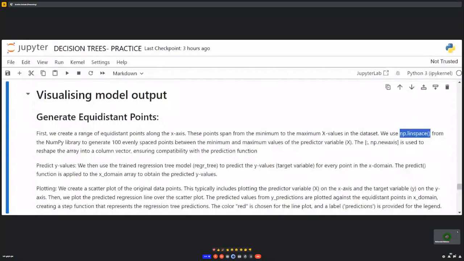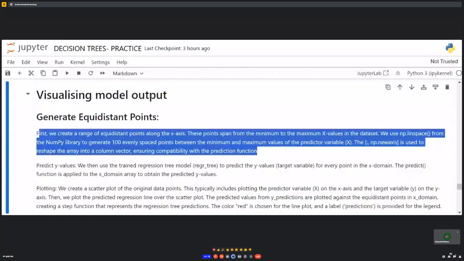This function here, in square brackets, colon, comma, np.newaxis, is used to reshape the array into a column vector, ensuring compatibility with the prediction function. Can you explain this first